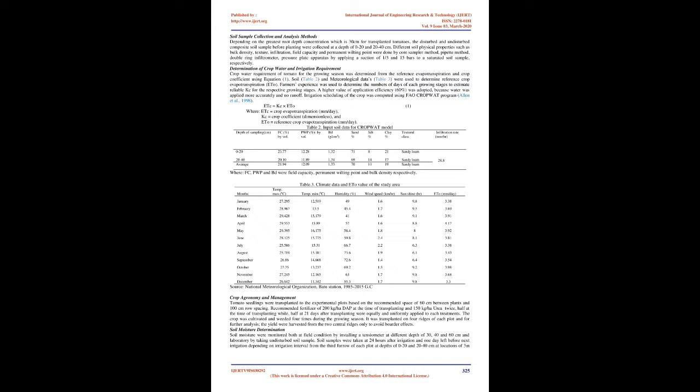Where AFI 100% etc., FFI 100% etc. and CFI 100% etc. were alternate, fixed and conventional furrow irrigation with full irrigation respectively. AFI 85% etc., FFI 85% etc. and CFI 85% etc. were 85% of the full irrigation, 15% deficit. AFI 70% etc., FFI 70% etc. and CFI 70% etc. were 70% of full irrigation, 30% deficit, and AFI 50% etc., FFI 50% etc. and CFI 50% etc. were 50% of full irrigation,